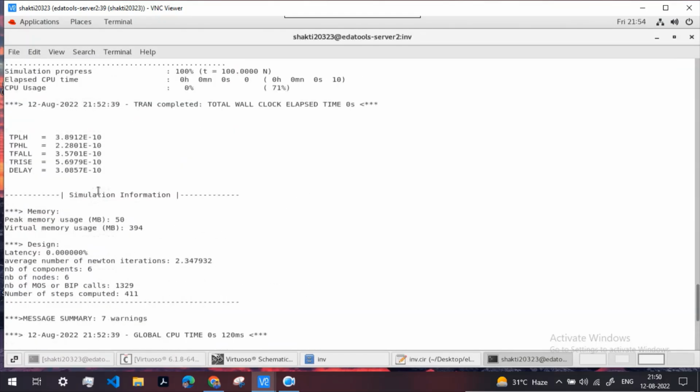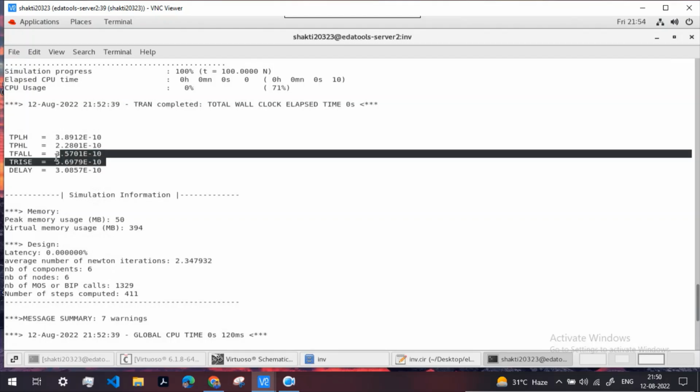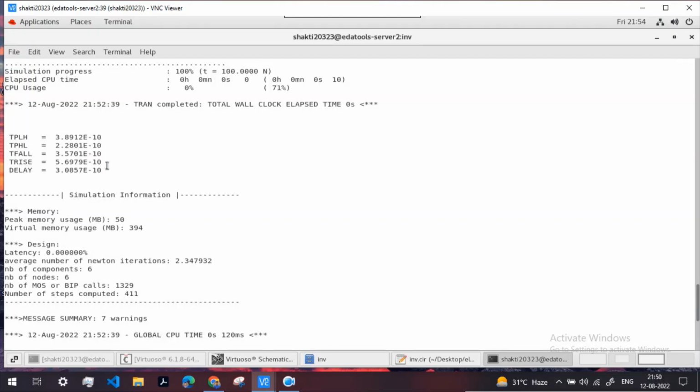Further, you will see that the rise delay and fall delay of the transistors are not equal. You will see that the rise delay is a bit larger number and the fall delay is a small number. It signifies that the rise time is very high, which means that in case of CMOS inverter, our PMOS is weak because it is charging the output very slowly, and so we are getting a high rise time. So to play with these numbers, suppose it is asked that we need to have equal rise and fall time. So here, looking at the simulation, you can see that